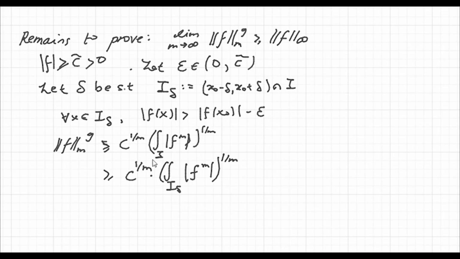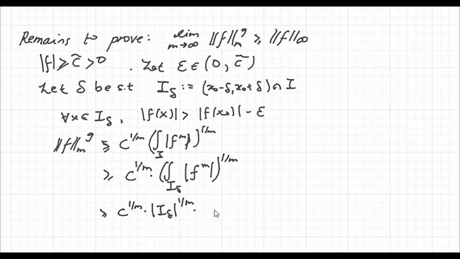Cool, so basically I've just made this interval here, I, smaller, bring it down to I delta, but now we know that on I delta, f is bigger than this constant here, f of x naught minus epsilon. So we can actually replace this f to the m with f of x naught minus epsilon to the m, and because that's a constant, factor it out of the integral. So this is in fact bigger than or equal to little c to the 1 over m times the length of the interval, which is I delta, raised to the power of 1 over m, times